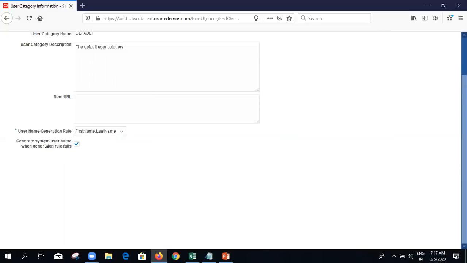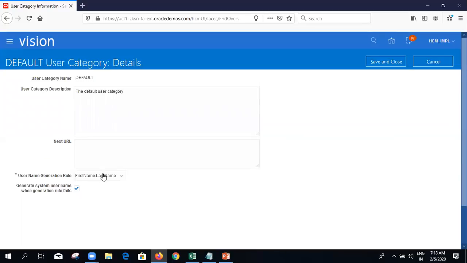And generate system username when generation rule fails, when will this be workable? Let's suppose you are going with first name and last name. There is a person called Ramesh Kumar, let's assume, got hired in the organization. And then Ramesh.Kumar is the username that came to this person. As I told you, in regular time, the user account will be created automatically by the system.